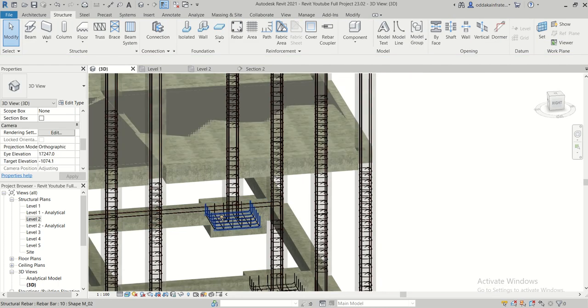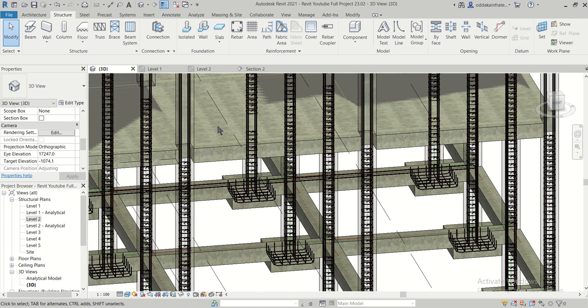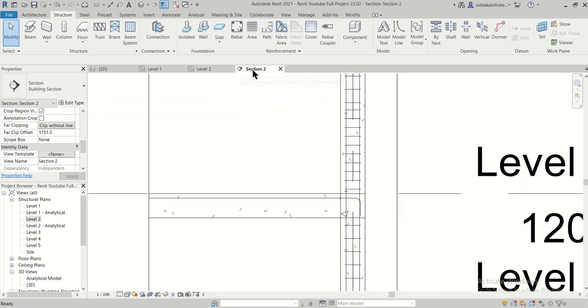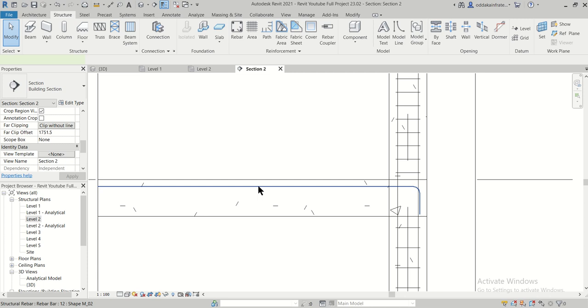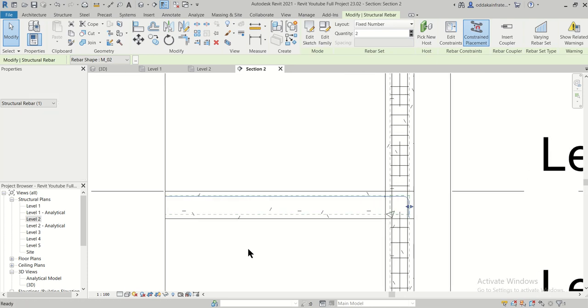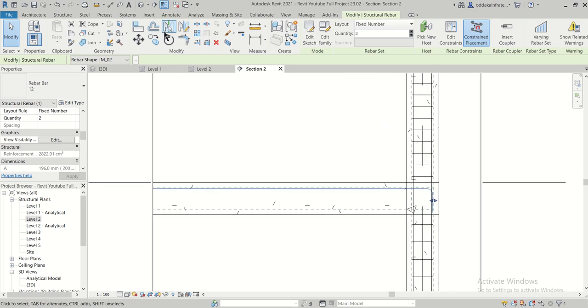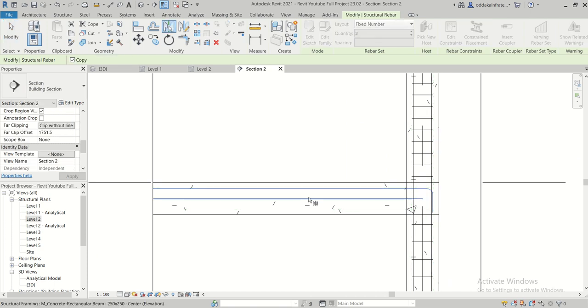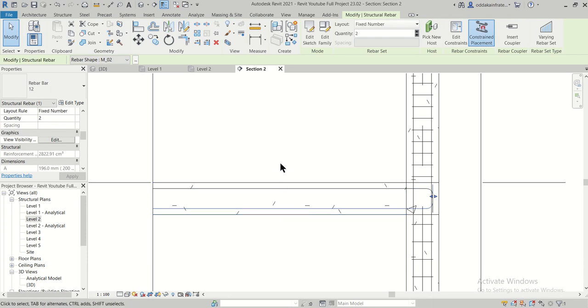So this is the particular way in which we want to do this, and if you just go to the level 2 or the section 2, and if you just click this, and if we have an axis for copying, then we can copy this. Let's see whether we can pick an axis for copying this, and if you pick this kind of axis, let's pick this axis for copying this, and I hope we are successful.